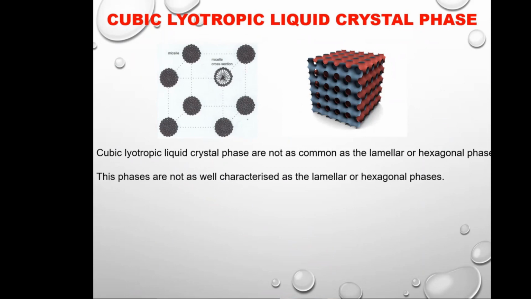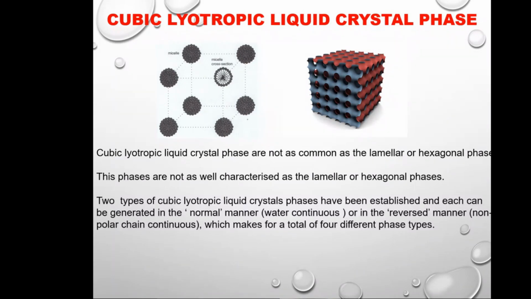Okay, next arrangement, which I would like to also mention to you today, within the lyotropic liquid crystals, the cubic lyotropic phase. They are not as common as the lamellar or hexagonal phase. However, they are not as well characterized. However, still, I wanted you to know that they exist, and there are 2 types of cubic lyotropic crystal,